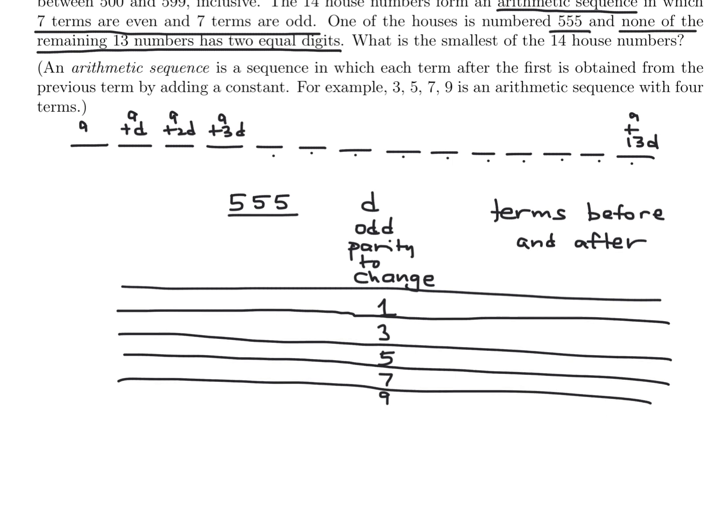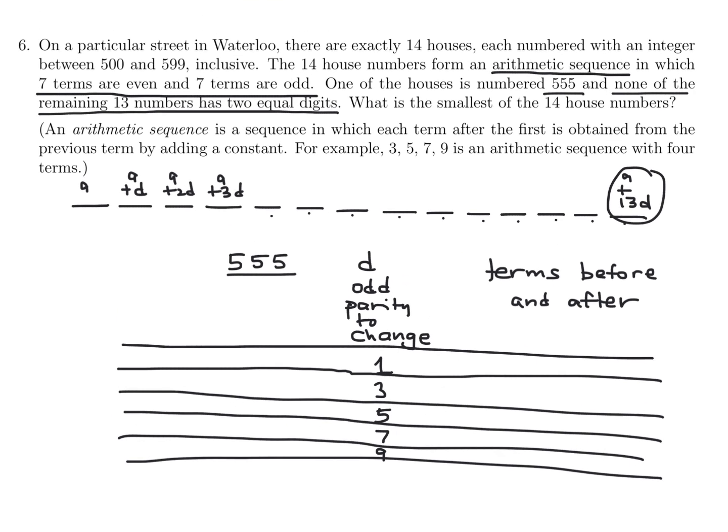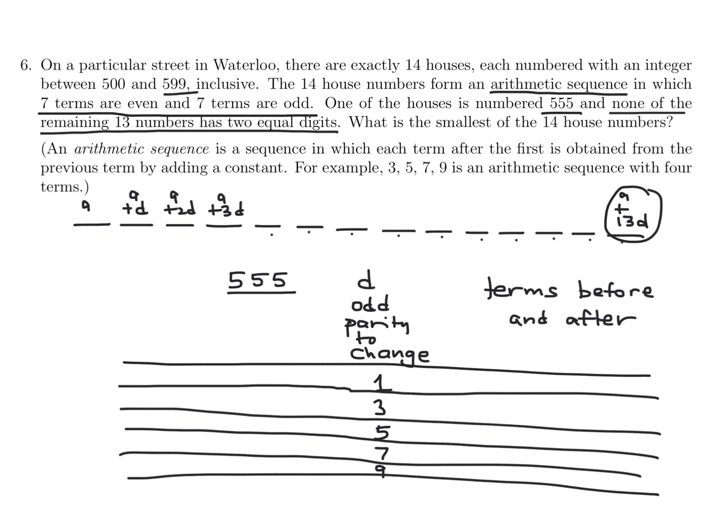Well, first of all, how long do I keep going here? D is, this is the largest, right? And what are the numbers going up to? They gave me a range here. 599. So that means that, let's put it on the side here, A plus 13D, the largest one, has to be less than or equal to 599. And the smallest term, A, the smallest it could be was 500. So even if it's the smallest, I'm just trying to get some parameters here. That means that 13D would be less than or equal to 99, and therefore D would be less than or equal to